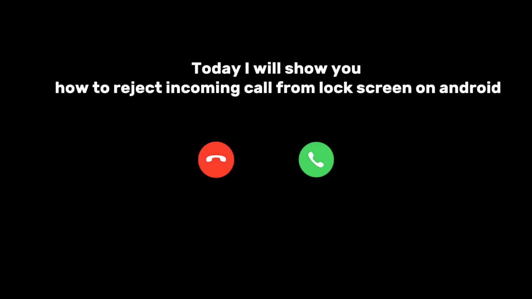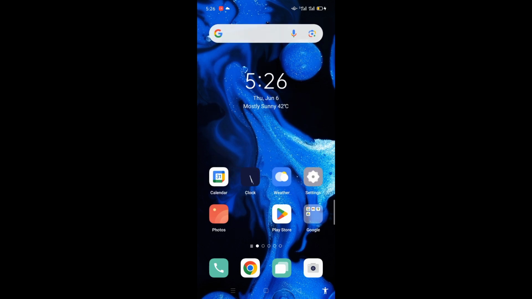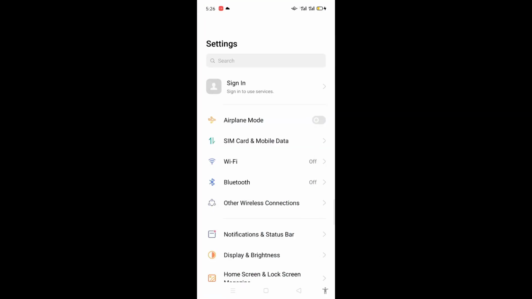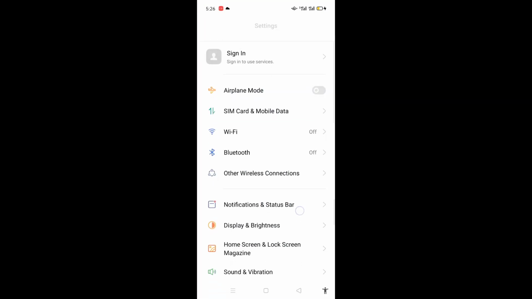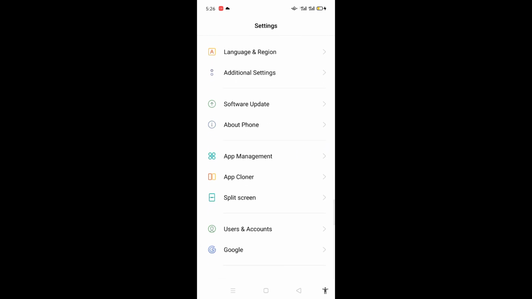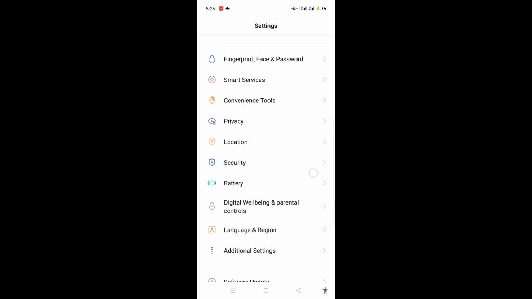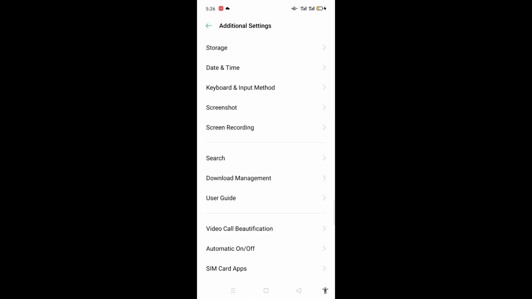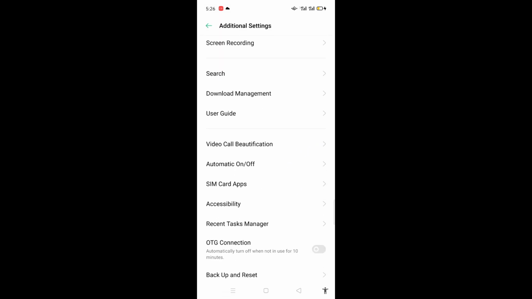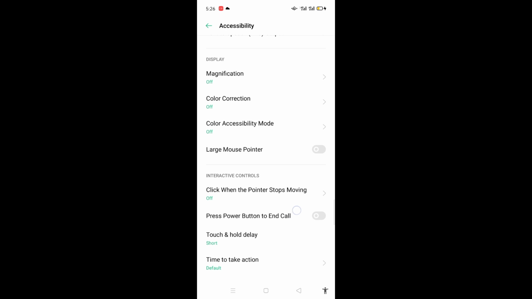Today I will show you how to reject incoming call from lock screen on Android. So what you are going to do is simply go to the phone settings. When it opens, you will scroll down to find additional settings. So you will find the accessibility, and there you can scroll down